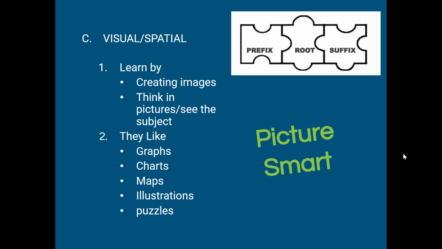These people are what we call picture smart. And so you learn by creating images and you think in pictures or see the subject. You can visually see it in your mind. You're always imagining what things look like. And so you might be someone who likes graphs,